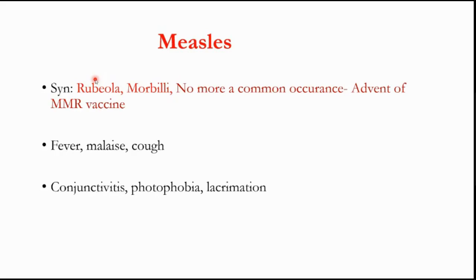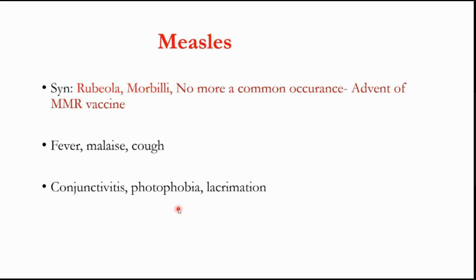Of course, there is a lot of research done, and we do know how it works. But there could be some kind of cross immunity. You might have immunity for those bacteria, as well as some cross immunity for other organisms. So that's how it works. So MMR vaccine is given in some countries, and because of that, there is a drop in the incidence of measles. That's what you should know. But we still need to know, because like I said, in the developed countries, they don't give this vaccine. So you do see